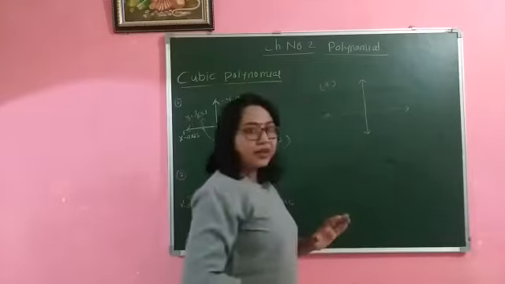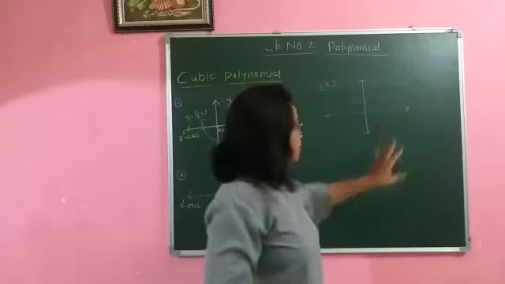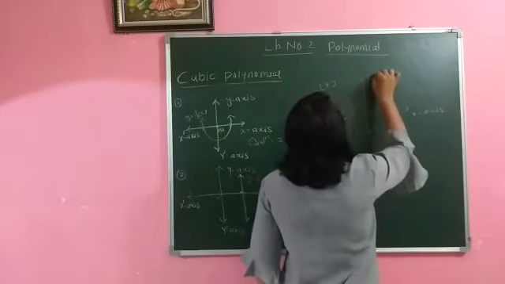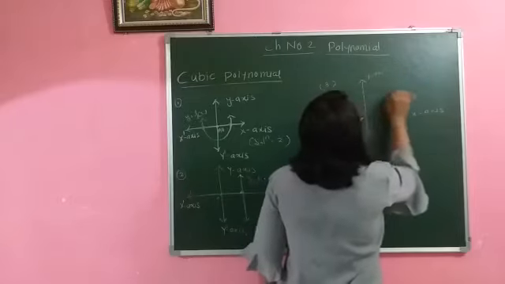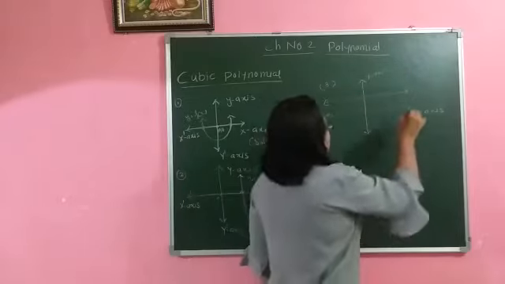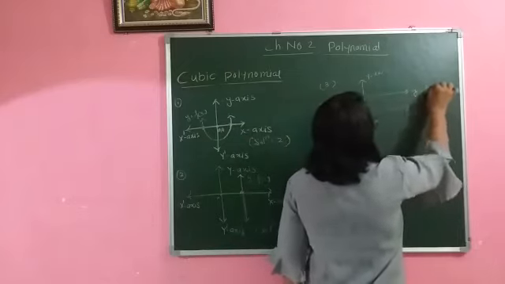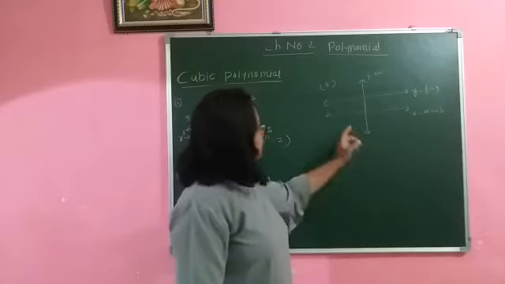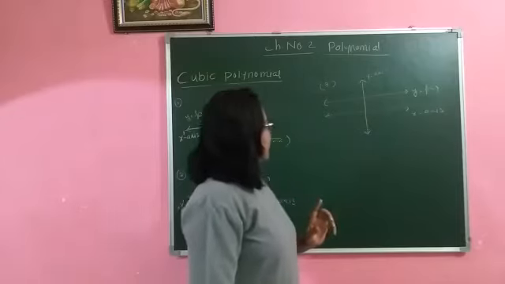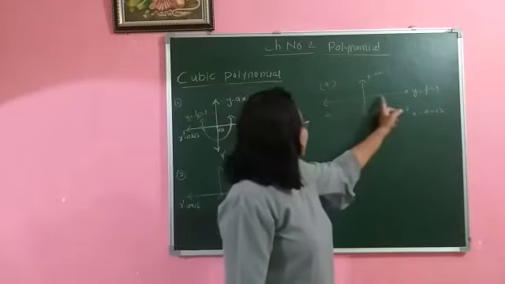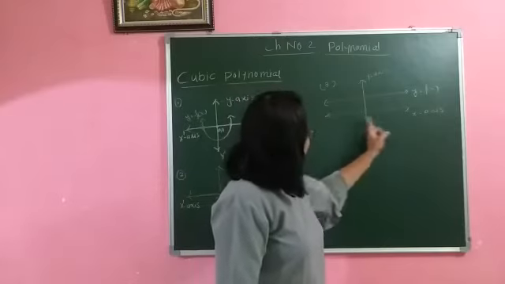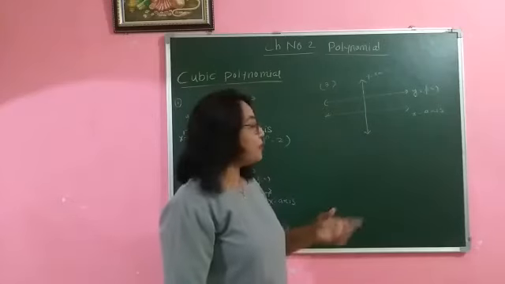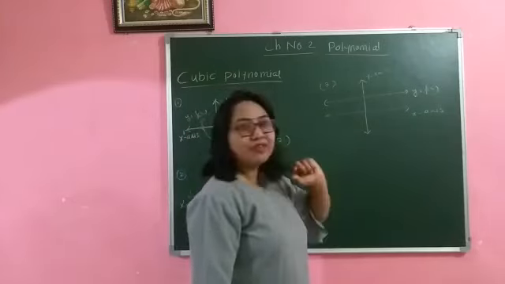I am not writing everything, I am only showing you where the x-axis is. So this is my x-axis, this is my y-axis, and suppose this line is given, say y is equal to f of x. So how many solutions can you find here? Just have a look at the x-axis. We see that this line is not intersecting the x-axis at all. Therefore, there is no solution, because there is no intersection with the x-axis.